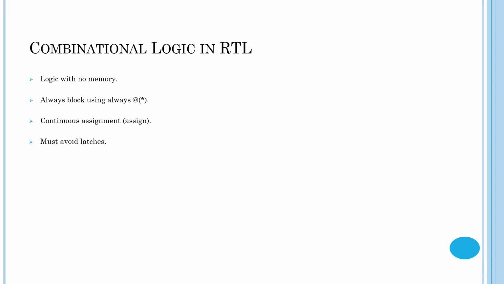One of the important rules when designing combinational logic is that we must avoid the unintentional creation of latches. Latches are unwanted memory elements that occur when not all output signals are assigned in every possible code path. This typically happens when an if statement is missing an else, or a case statement does not cover all possibilities. Latches can cause unpredictable timing behavior and may lead to synthesis and functional issues. Therefore, combinational logic in RTL should always ensure that for every input condition, the output is fully defined, preventing accidental